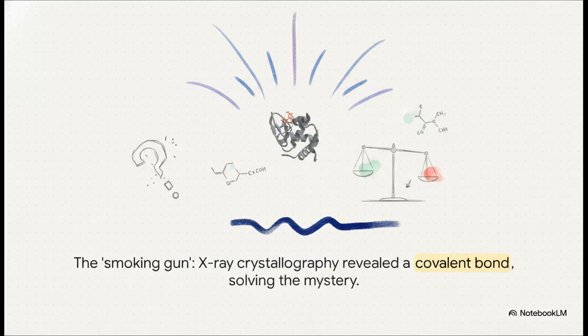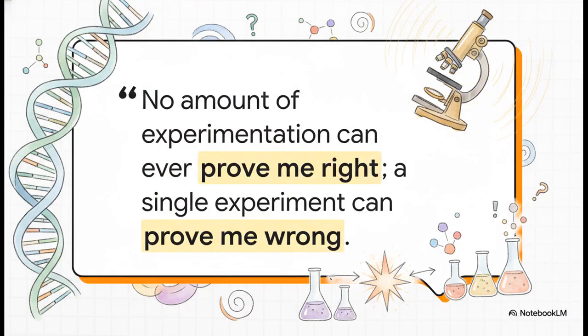And here it is, the smoking gun. Using a technique called X-ray crystallography, they were able to get the first ever direct snapshot of the intermediate. And what they saw was undeniable: a covalent bond, a direct link between the enzyme and the substrate. This was the direct evidence that just decisively tipped the scales in favor of the SN2 mechanism, solving a 40-year-old mystery. You know, this whole story just perfectly captures the spirit of science, and it's summed up beautifully in this